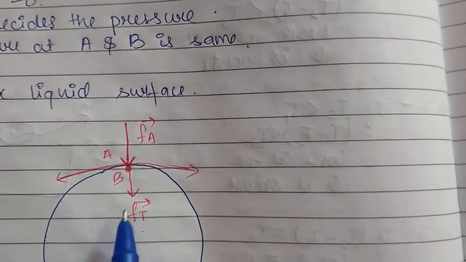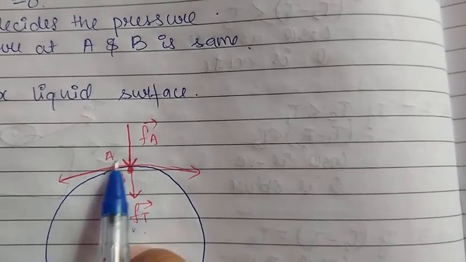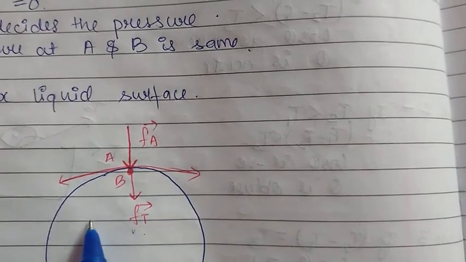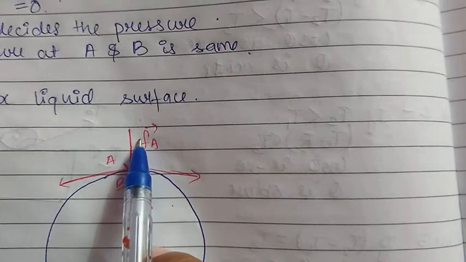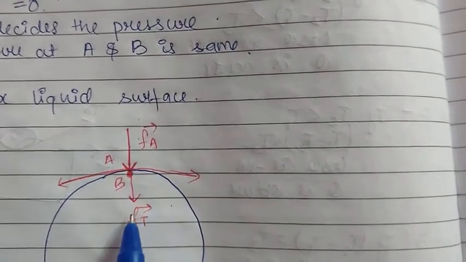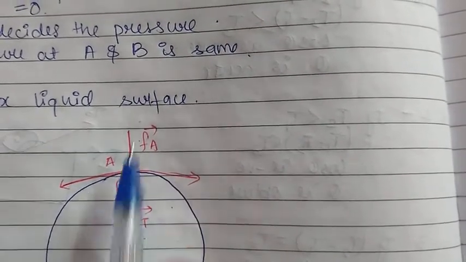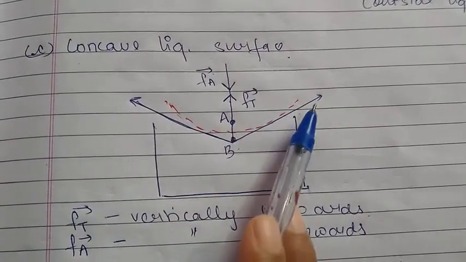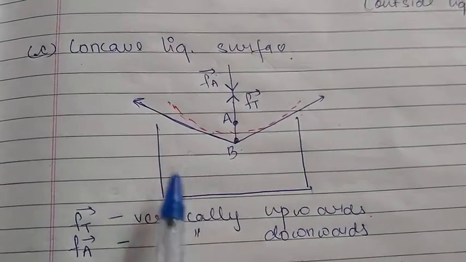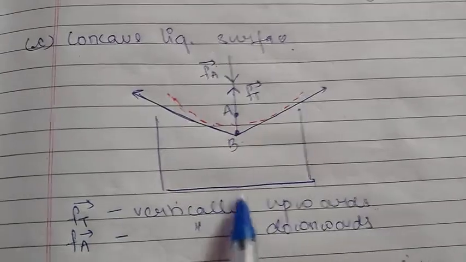So you can say that the pressure on the concave side, that is the inner side inside the liquid, is greater than the pressure on the convex side. Okay, so in this case pressure here is more as compared to here. Then the third is a concave liquid surface. In case of a concave liquid surface, the upper surface will be concave, and if you consider from the inner side, then it will be